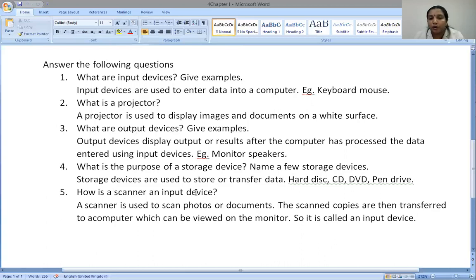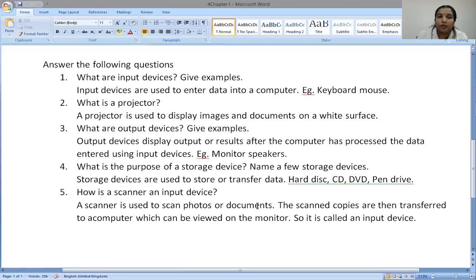If you want to take an image from your textbook to the computer, or if you have a photograph and want to take an image of it to the computer, you can use a device called a scanner. A scanner is used to scan photos or documents. The scanned copies are then transferred to a computer which can be viewed on the screen. So a scanner is also called an input device.